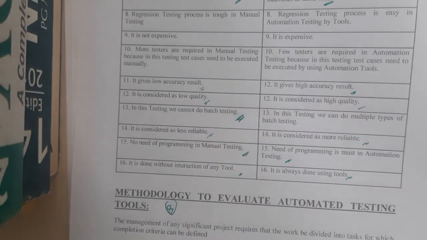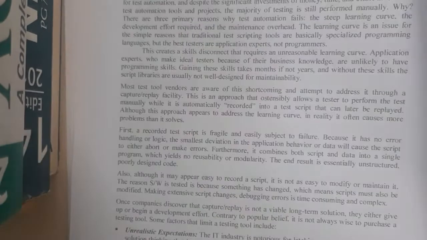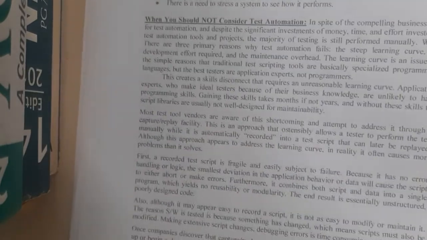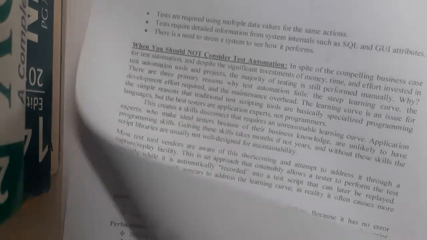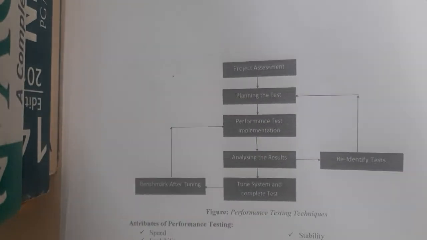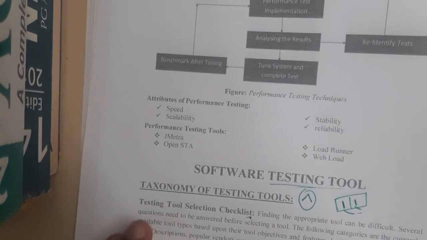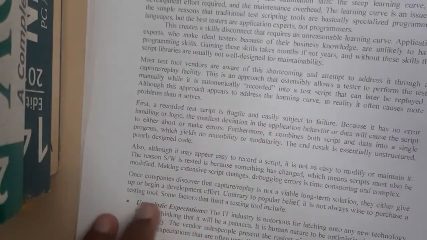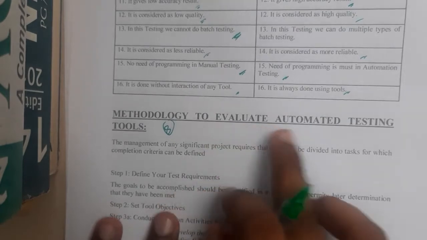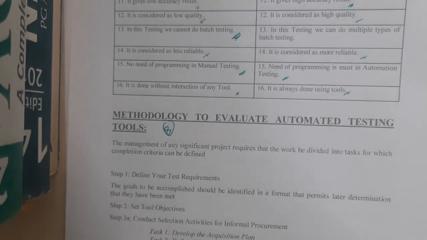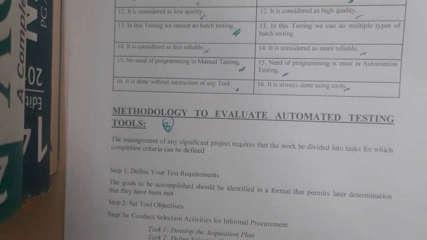Okay, yes. So I hope everyone got some basic idea about this concept, right? The manual testing and automation testing. Guys, there are some more theoretical parts, like why we need to do this kind of testing, what the main reason is. So please go through it once, guys. I hope everyone got some basic idea about the testing tools and the differences between manual and automated. In the next lecture, let us go through the methodology to evaluate automated testing tools. So let us meet in the next lecture. Thank you. Thanks for watching.